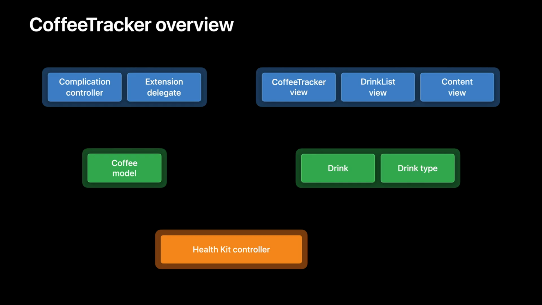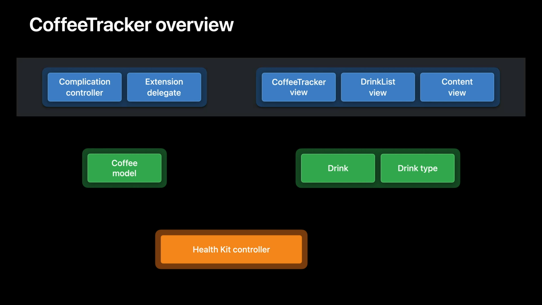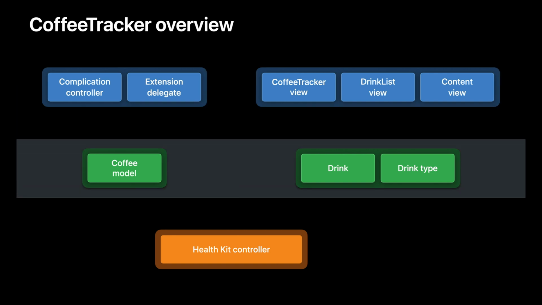Now let's take a quick tour of the app. It's roughly broken up into 3 layers. First, there's the UI layer. This is mostly SwiftUI views, but in this we can also consider things like the complication data source as part of the UI layer. Next, there's the model layer that comprises a couple of simple value types to represent caffeine drinks,